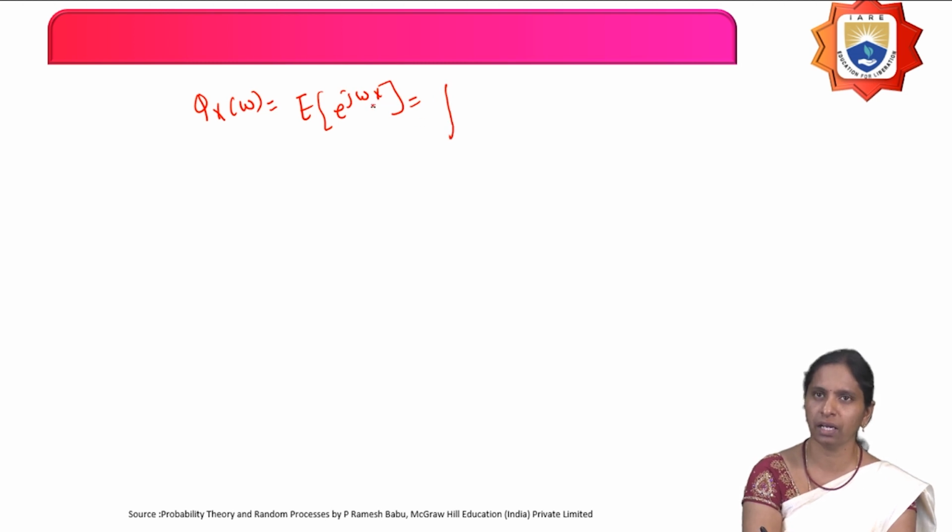Since we have a single random variable, we get a single integration, with x from minus infinity to infinity, of e power j omega x into the probability density function of that random variable, that is fx